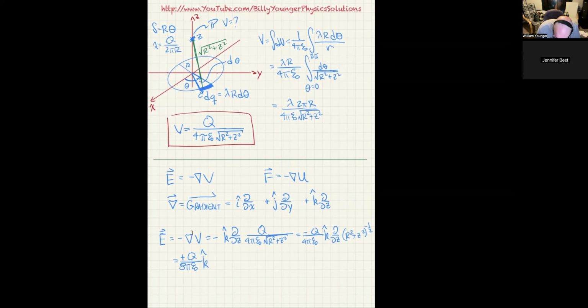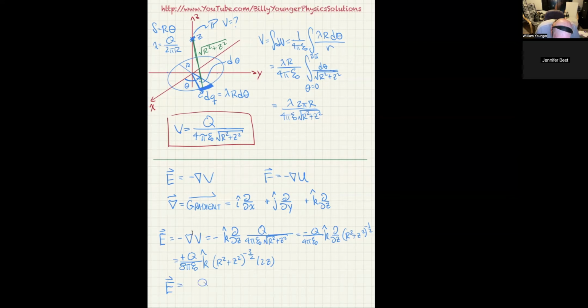Now I have the r squared plus z squared to the negative 3/2 because we have to take 2/2 from negative 1/2, so it'd be negative 1/2 minus 2/2 would be negative 3/2. And now we have to take the derivative of u with respect to z, and of course that is 2z. So that 2 is going to cancel out with the 2 that came in the bottom earlier, and what we're going to have is E is equal to